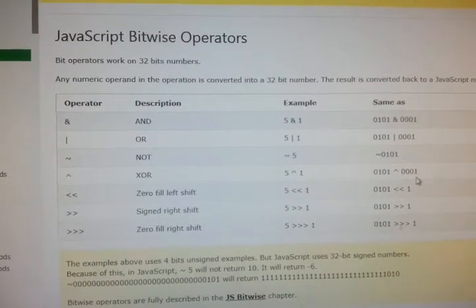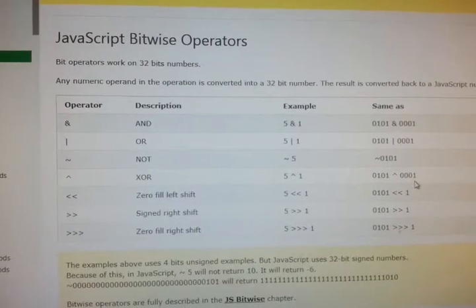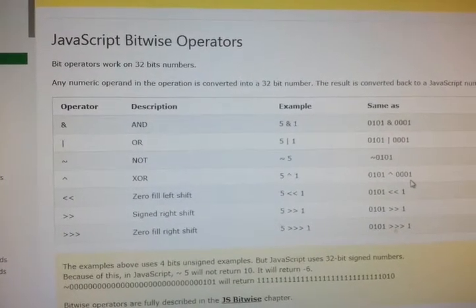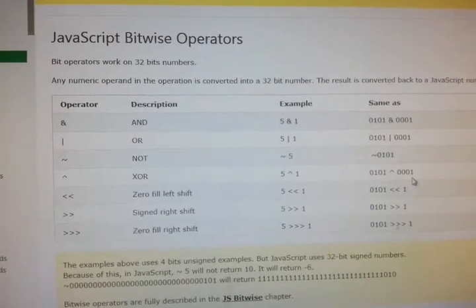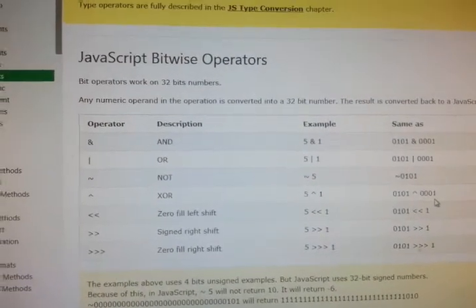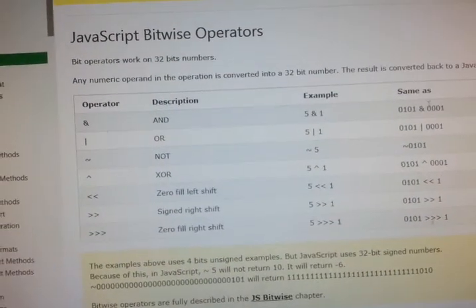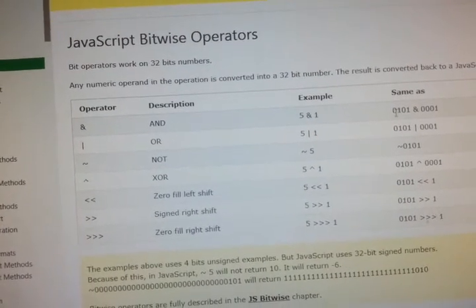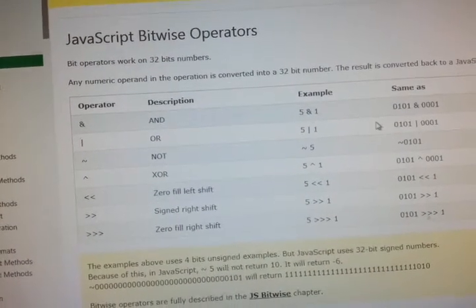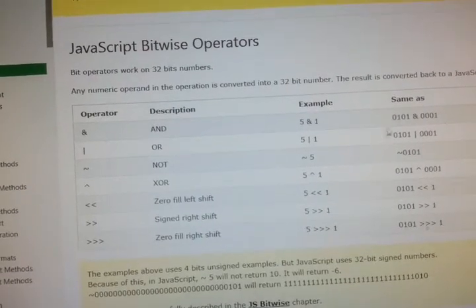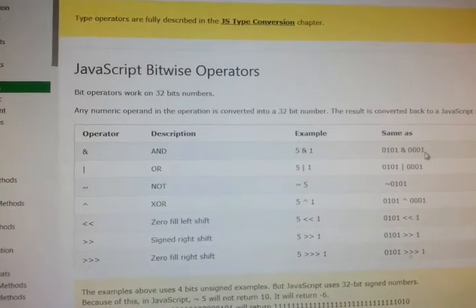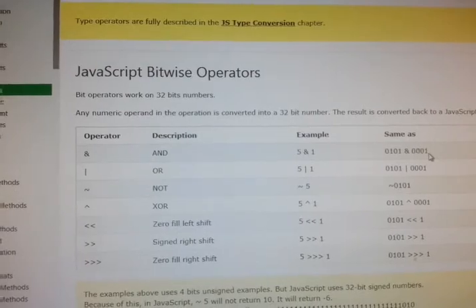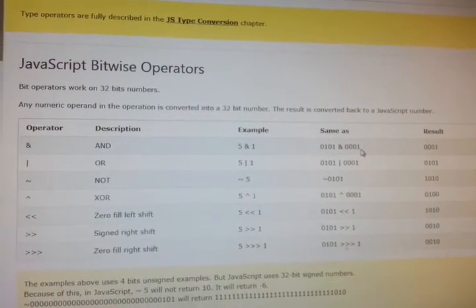As you know, the binary value of 5 is 0101, and 1 is treated as 0001. It will check 1 and 1, and the others are 0, and we will simply say like a multiplication. So we will get the result 1, and the decimal value is 1.